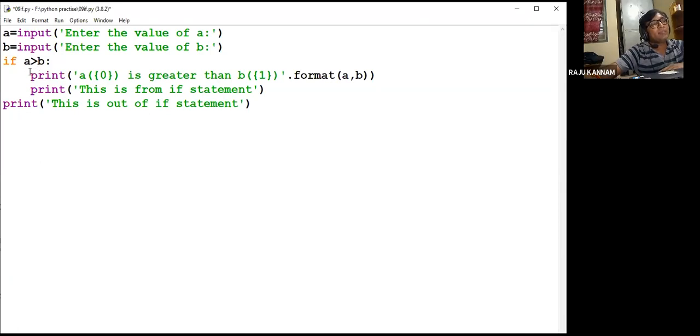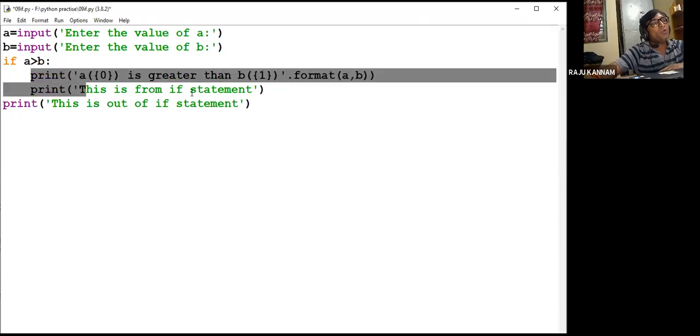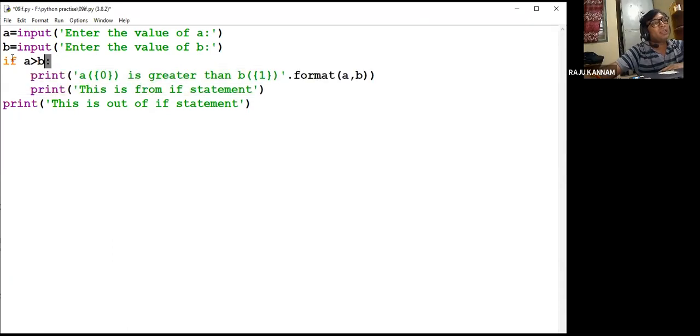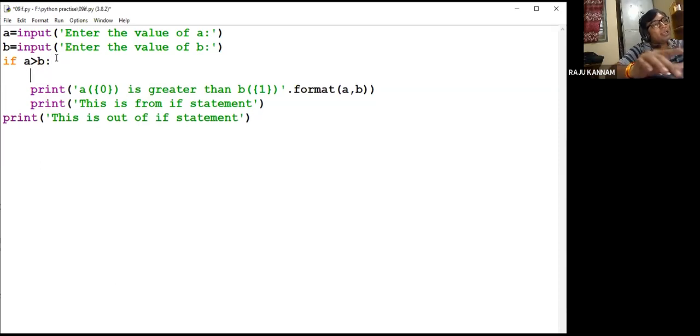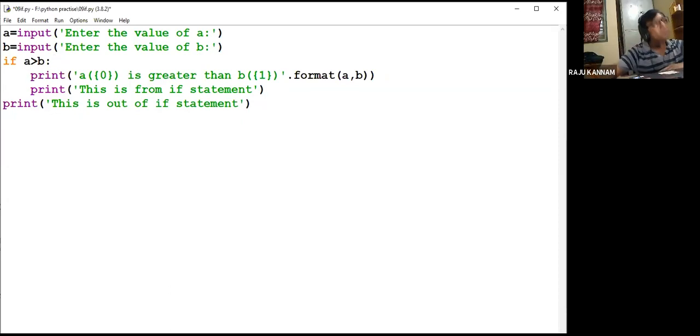So that's the reason we have to maintain the block of code which comes under this particular if statement with the corresponding indenting, meaning 4 spaces. Either you can give it manually, or after the colon if you press enter, it will directly take you to 4 spaces automatically.